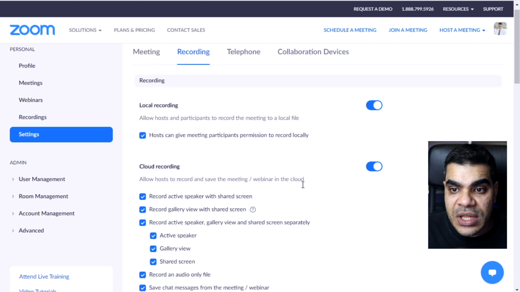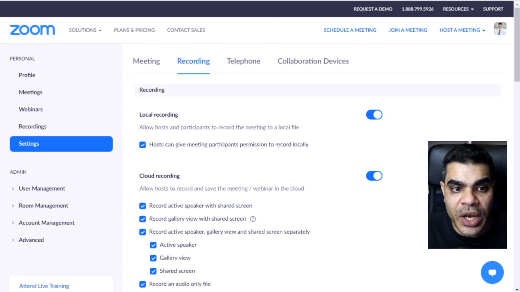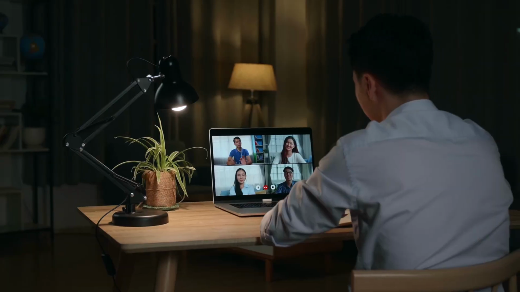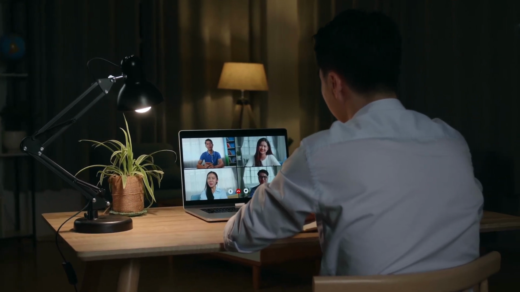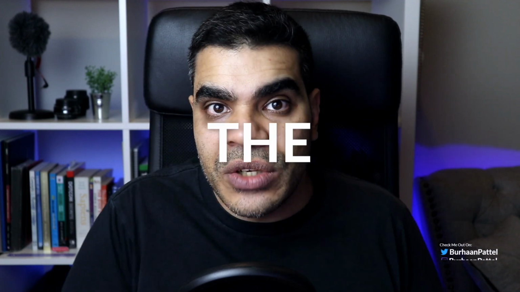But yeah, those are the settings that I think you need when setting up your Zoom account, so that you can take advantage of the fact that one, you don't have to worry about having the recording done, and two, you've got multiple types of videos, so that if you want your editor to edit the videos in a way that makes sense so that it looks a little better, or edit it into pieces, you have the flexibility to actually edit according to the way you want to.